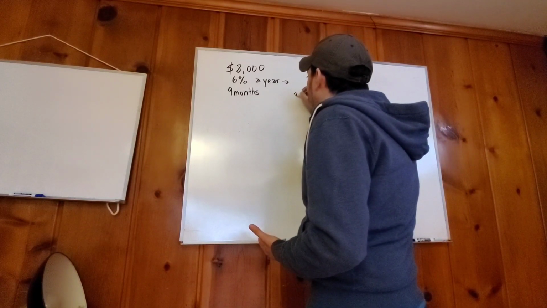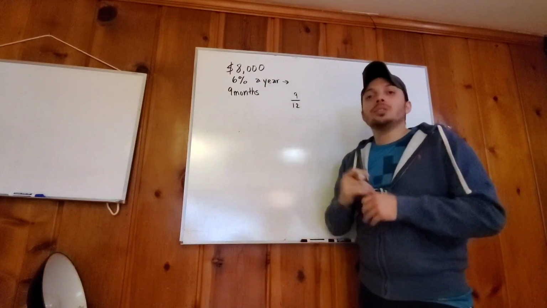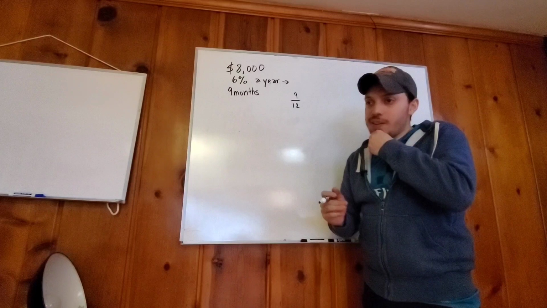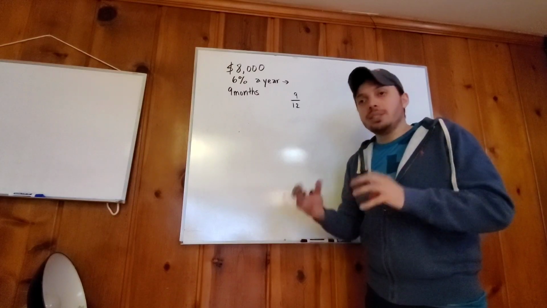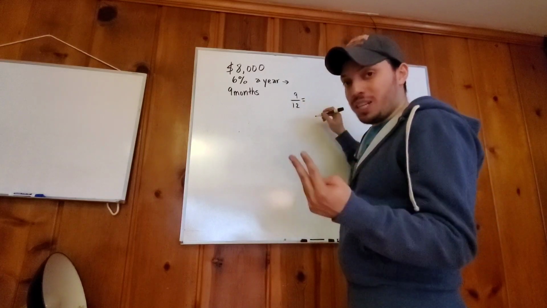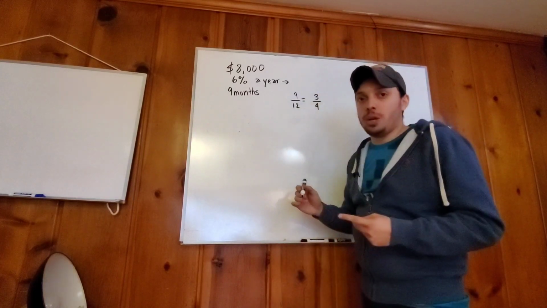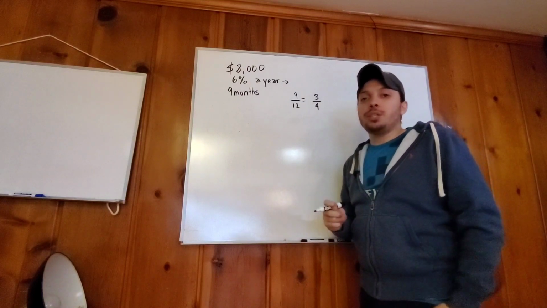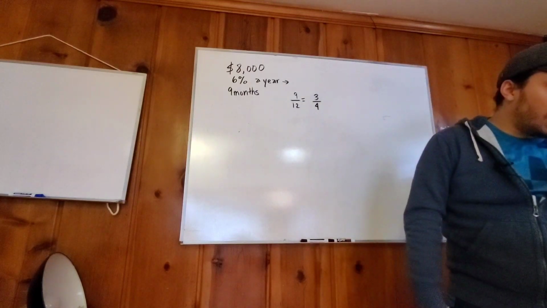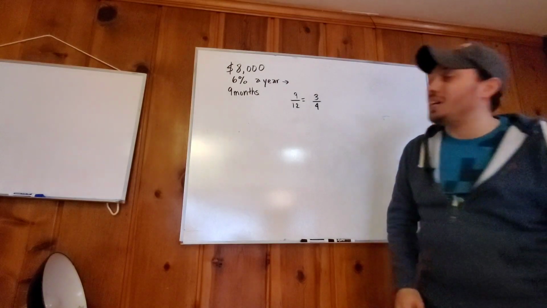So 9 divided by 12, 9 months out of 12 months. Because both of them can be divided by 3, we're going to get 3/4. So 9 months is 3/4 of a year. So now what we have to do is find 3/4 of the money that we have. But